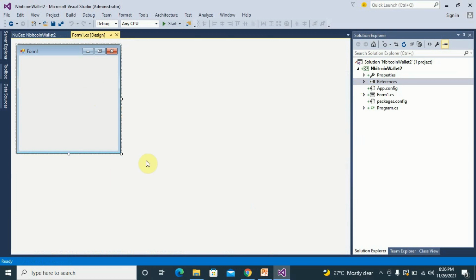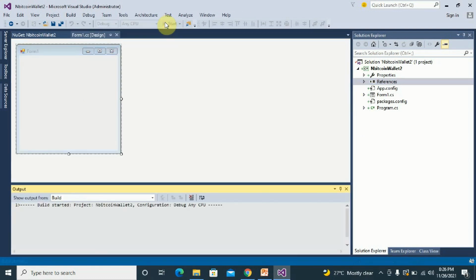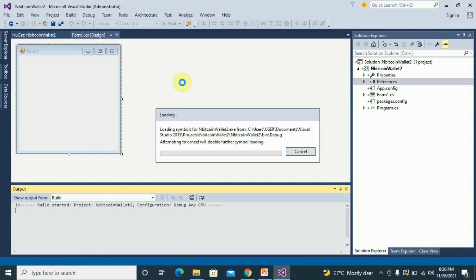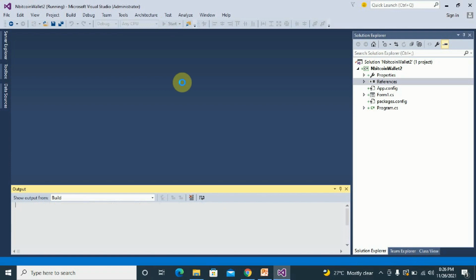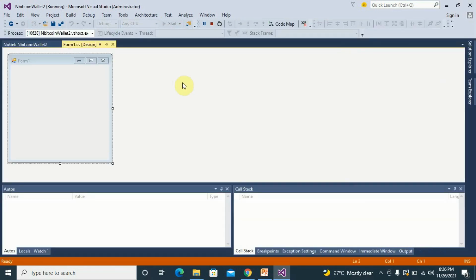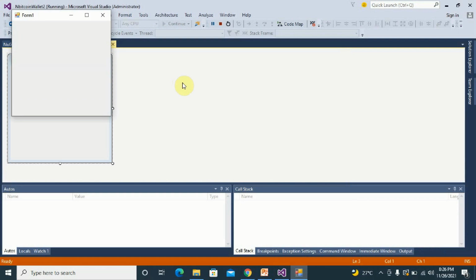So I'm going to show you all that in the next video, but for now let's just test that everything is working fine by clicking on this start button here and make sure that our form is running fine before we can start coding using the NBitcoin library. Good, so we have our form here,